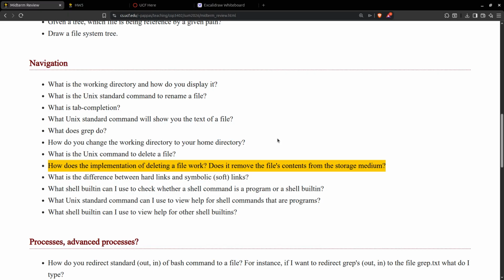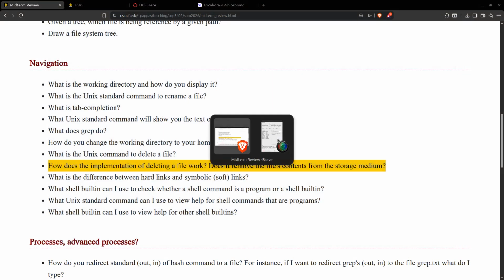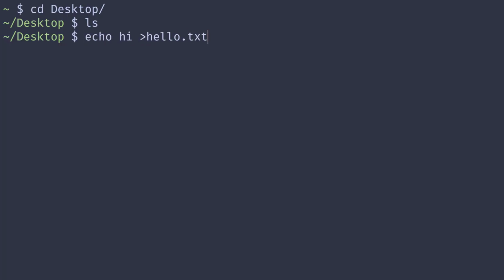If I have, on my desktop again, I'm gonna leave this open. Actually, what I'll do is go to the directory I had open earlier. Or no, I'll just go to the desktop, I guess. If I have a file, hello.txt, just say hi,